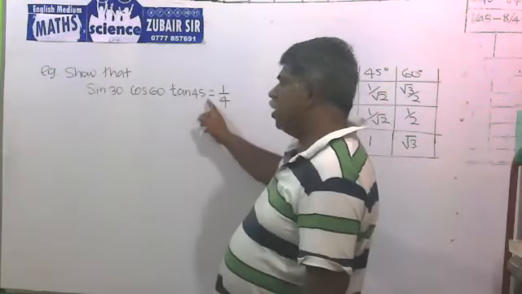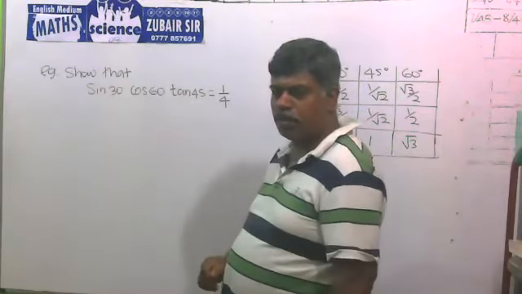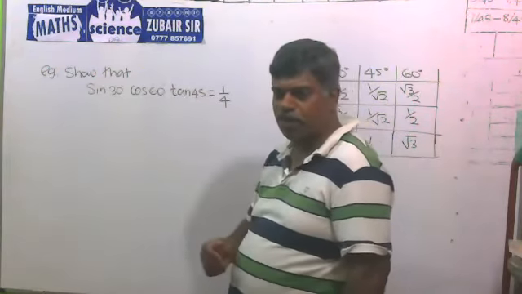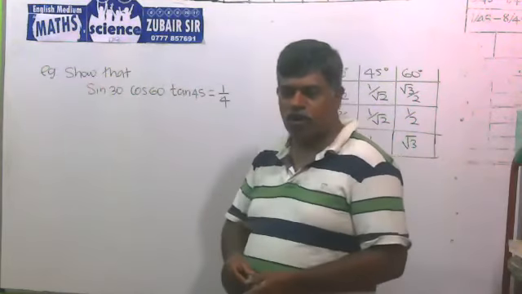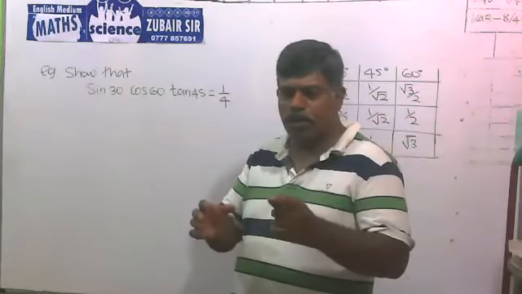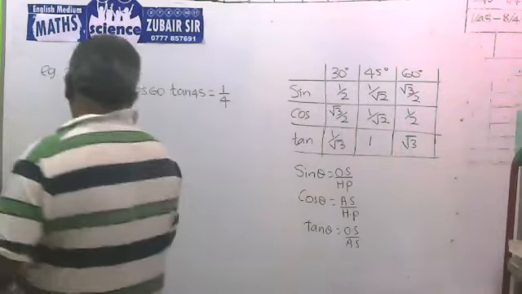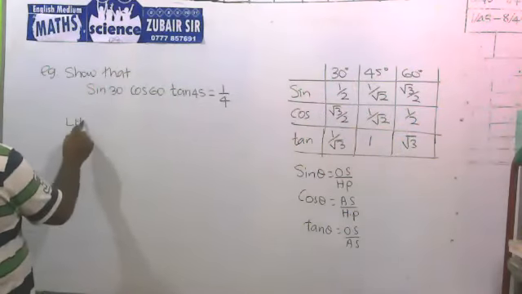So when you think about this equation, there's a left hand side and the right hand side. So we are getting something in the left hand side. We are getting something in the right hand side. When you want to show, then you have to show that left hand side is equal to right hand side. First we'll see the left hand side. This is the left hand side, LHS.